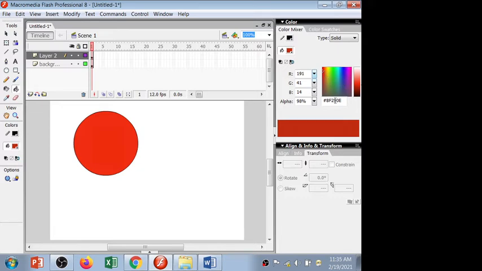Or else you can select the color from this panel, and if it is a red color, so the variant of